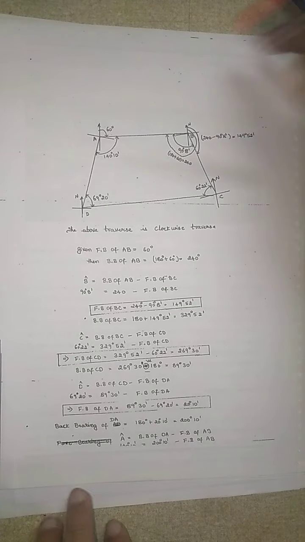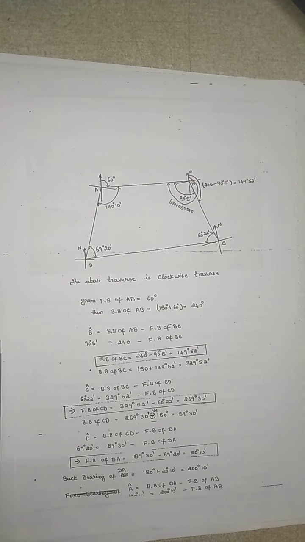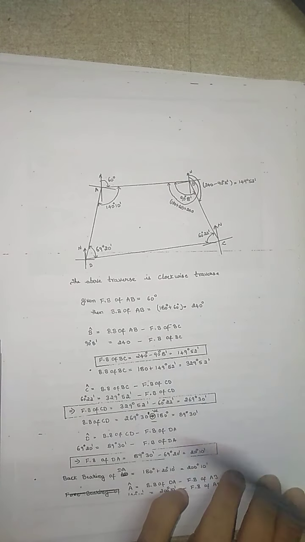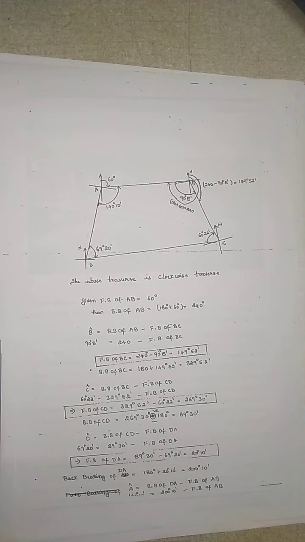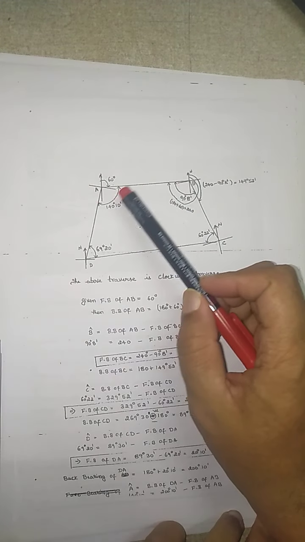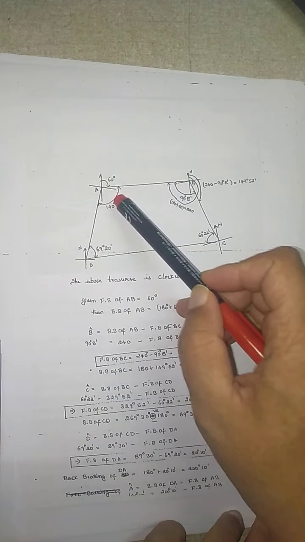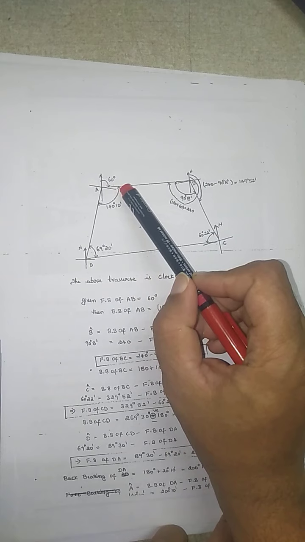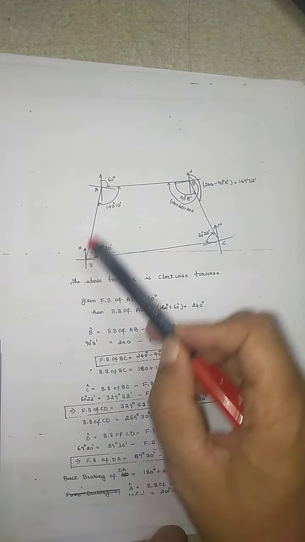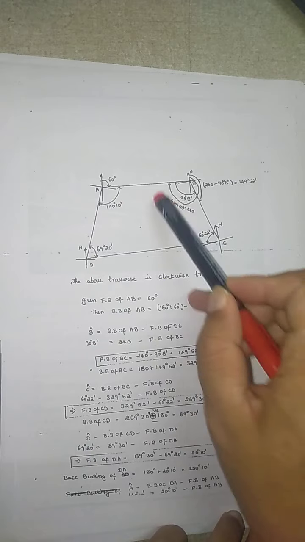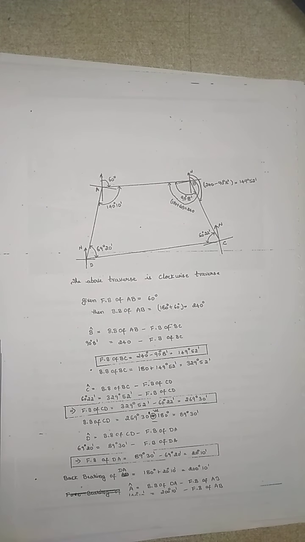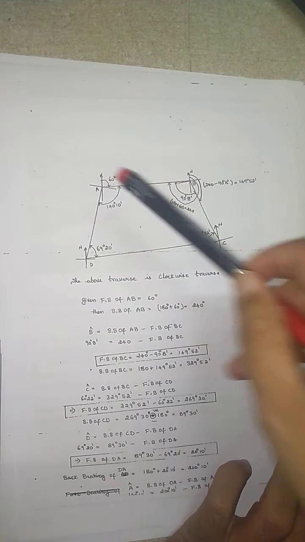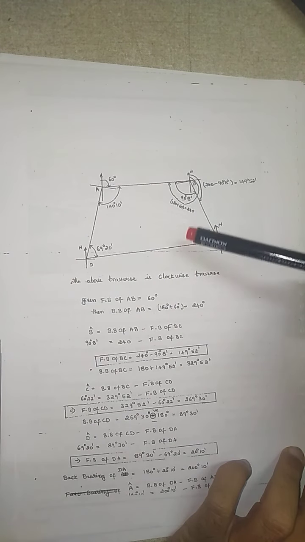Here the included angle has been given to you. Once the included angle has been given to you, in the previous class also we have solved problems similar to this. So here you need to first draw the diagram. First, the forebearing of the line AB they have given, that is 60 degrees. Then they have given the included angle. Included angle is nothing but the interior angle. So first you need to find out the forebearings and the back bearings.